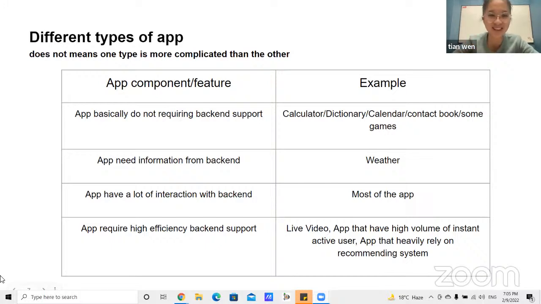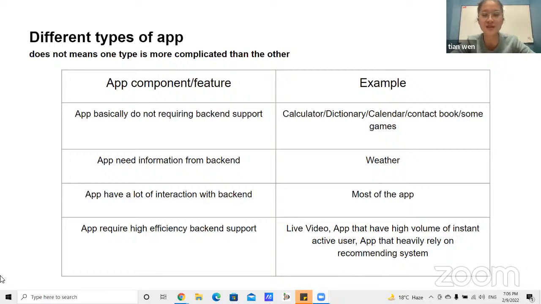Great. Thank you. So I have this small, unofficial classification of my own on how to divide different levels of app. The first one is going to be a bit easier than the RESTful kind of app.